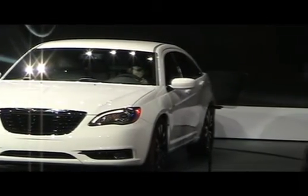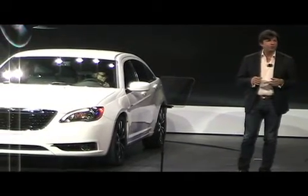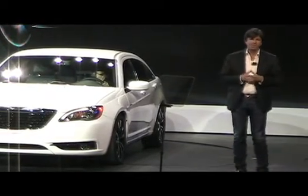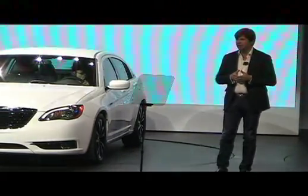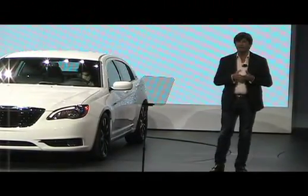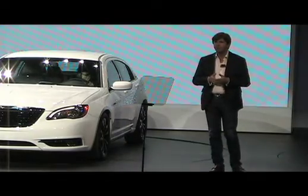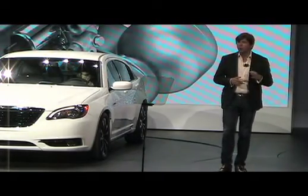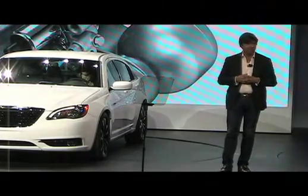We fixed the ride, handling, performance, and NVH. We took care of the guts. We gave this vehicle an all-new Pentastar V6 engine. We gave it 283 horsepower and 29 miles per gallon. This is best-in-class performance. Its new dual drive clutch transmission, available next year, will give it a higher MPG rating,